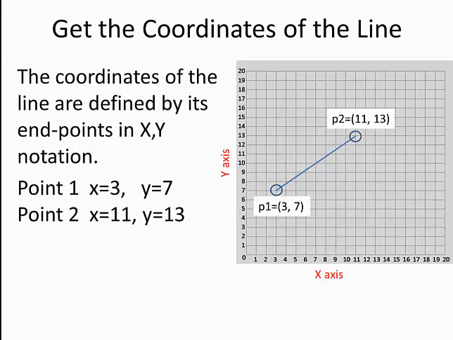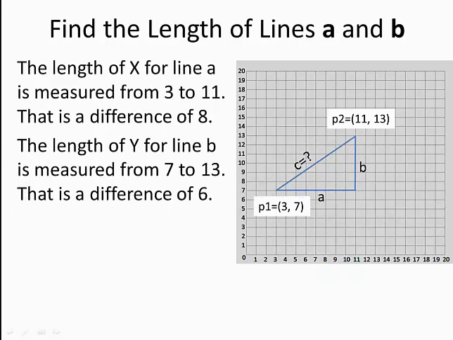The coordinates of the line are defined by its endpoints in xy notation. In this example, for point 1, x is equal to 3. Right here it goes 1, 2, 3, and y is equal to 7. For point 2, x is equal to 11 and y is equal to 13. The length of x for line A is measured from 3 to 11, and the length for y is measured